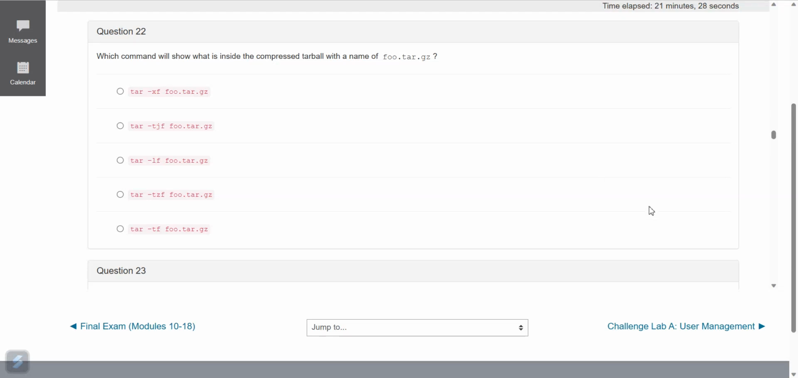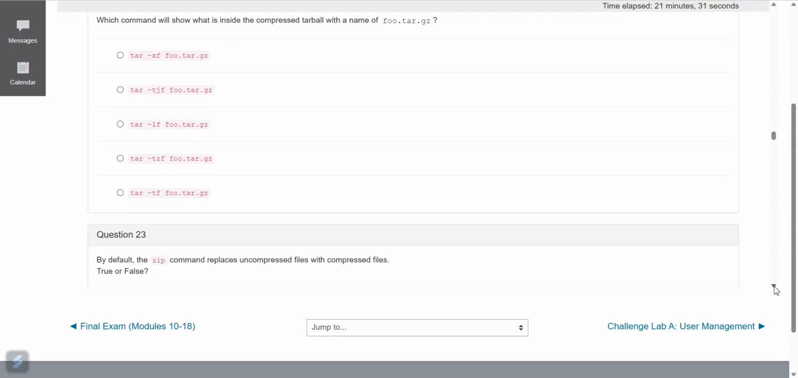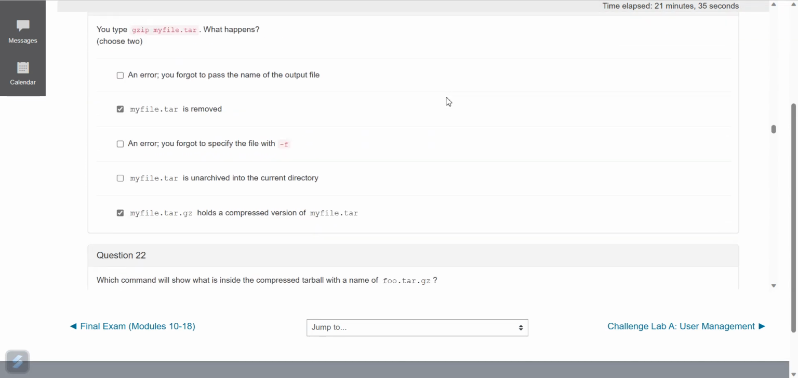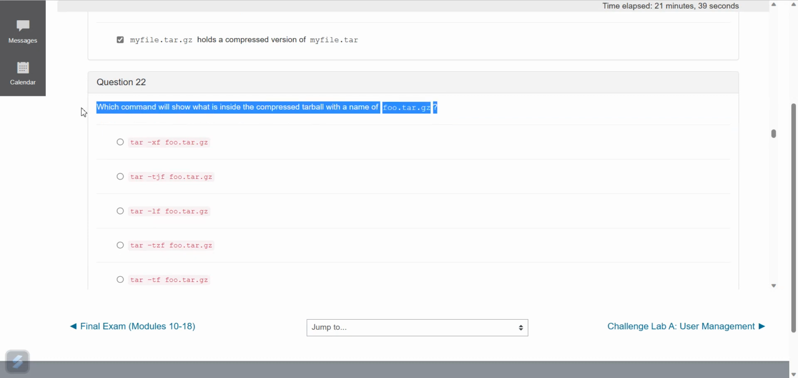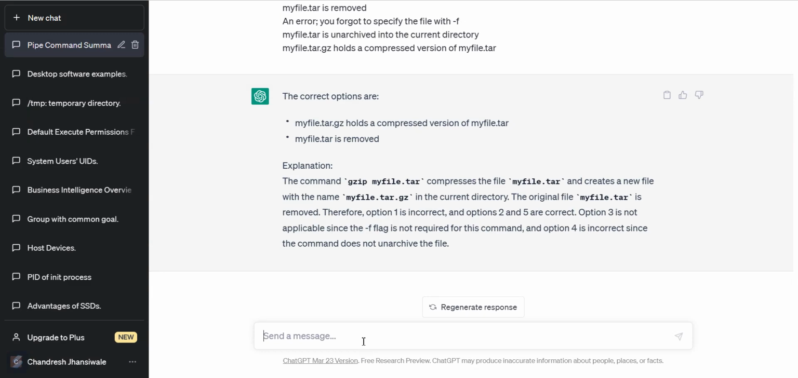Part of the question and answer session in Linux Essentials. Up to now, we have discussed up to question number 21 in the last video. Now we will check the next question set, question number 22, which says: which command will show what